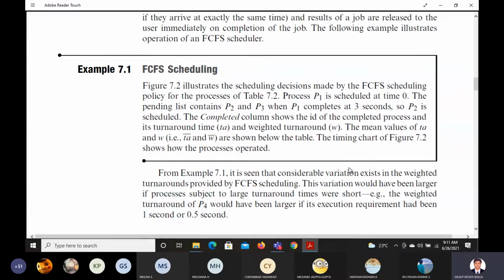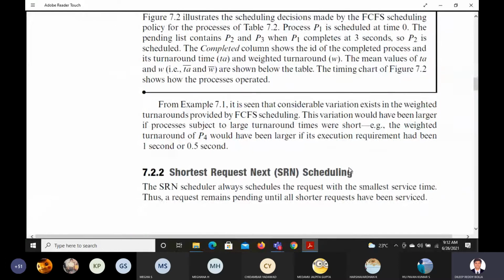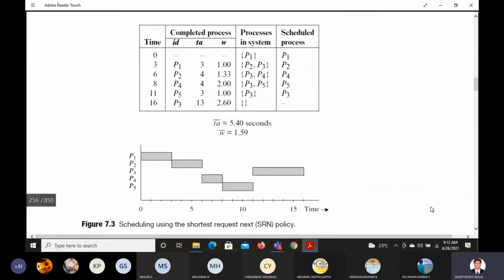And they have given some example of this FCFS scheduling, same example. And next is the example of SRN, you can go to SRN. So these are the answers you have got, and the representation they have made, you can see how they got the graphs here, okay? All that you can analyze and show how you got the turnaround time and weighted turnaround time, and the mean of that is given by TA bar and W bar. Okay, this turnaround time is in seconds. Weighted turnaround time is not in seconds, okay? Weighted turnaround time it is, and this is your turnaround time. So time is in terms of seconds. Don't forget to write the units here, right?